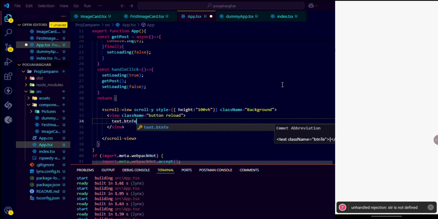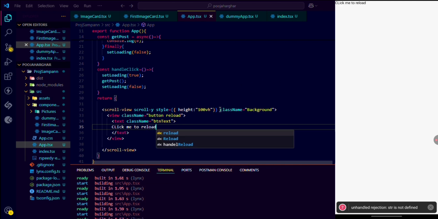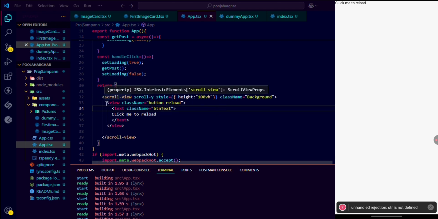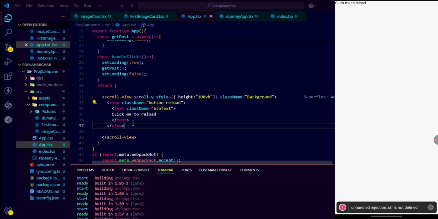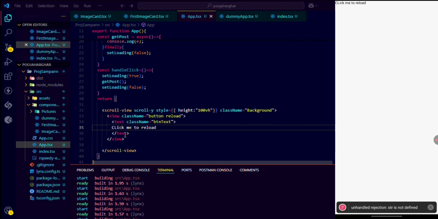Button text: click me to reload. Okay, now we are good to go. If you don't get it, this will be the button for our API to reload. And there, what I'm going to do is I'm going to pass the